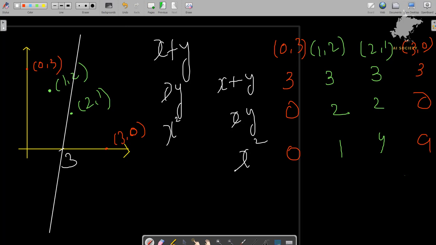So that means x is equal to 3 is not going to help us to divide the data because it is still misclassifying the data into two parts. It is still misclassifying the data. So that is why